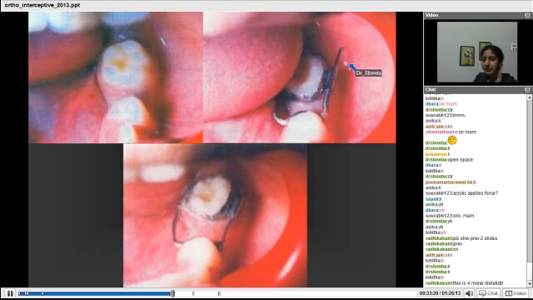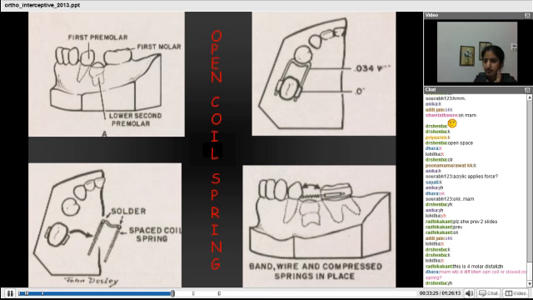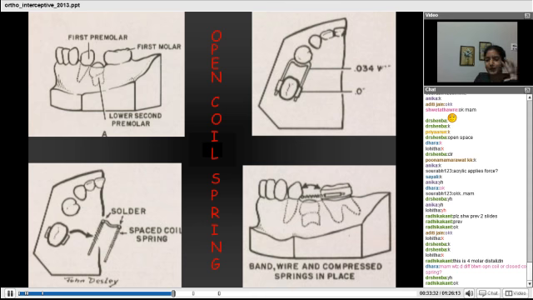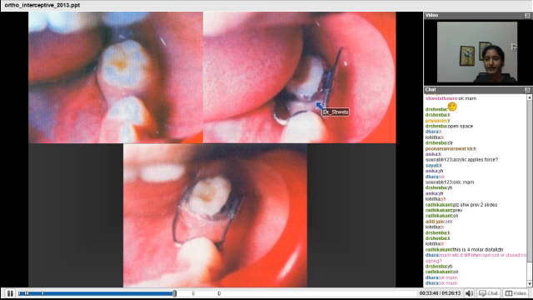Okay, this is a space regainer in place. Yes, it is for both. This is an open coil. Closed coil is not there in today's space regainers. We'll talk about that later because even I am not very clear about open coil and closed coil. This is an open space regainer placed in the oral cavity, where you can see the pre-operative and post-operative photographs.